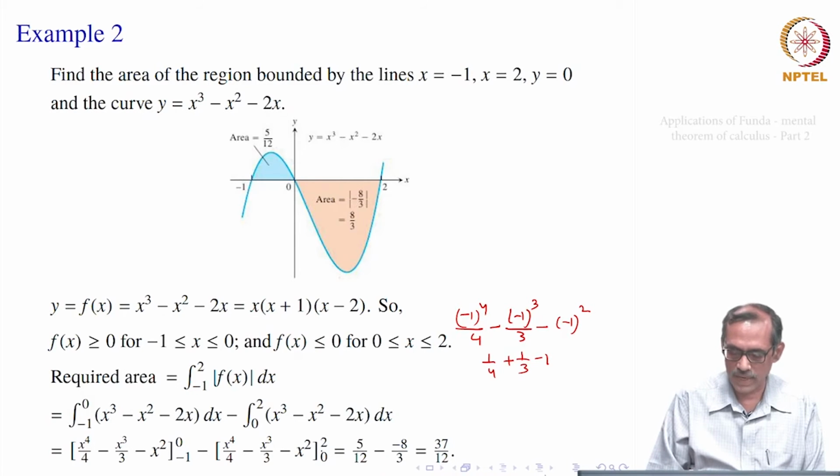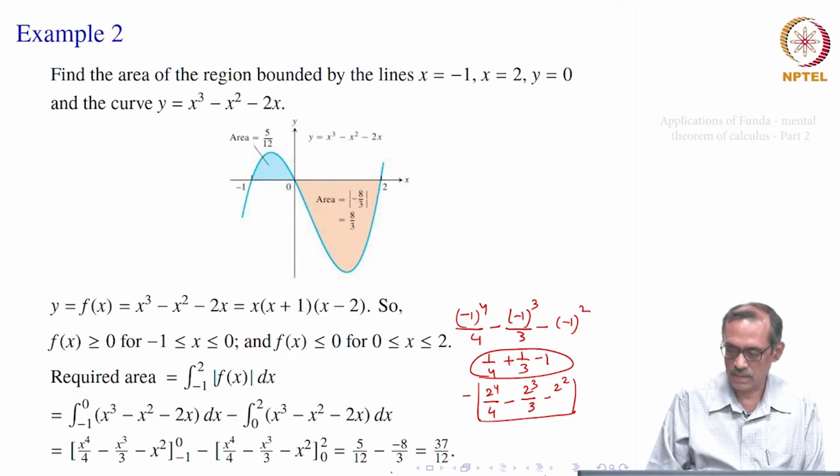Similarly, for the other one, if you take at 0 it is gone, at 2 only there. So, it is minus at 2, it is 2 to the power 4 by 4 minus 2 to the power 3 by 3 and minus 2 square. So, if you simplify, you would get 5 by 12, this is your 5 by 12 and this gives you